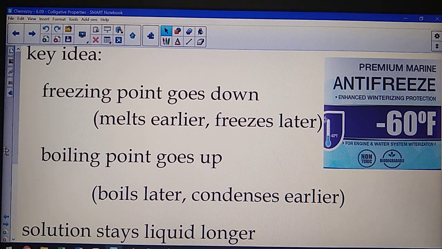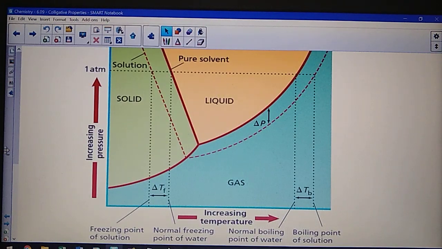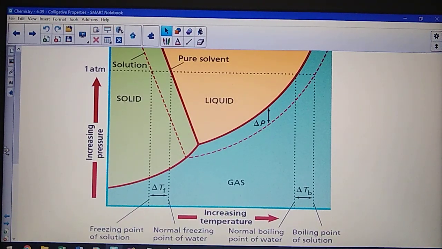Freezing point goes down, boiling point goes up, the solution stays liquid longer. The more you dump in, the bigger the impact. It doesn't matter what you dump in, just how much you dump in. The net result, again, if you recall a phase diagram,